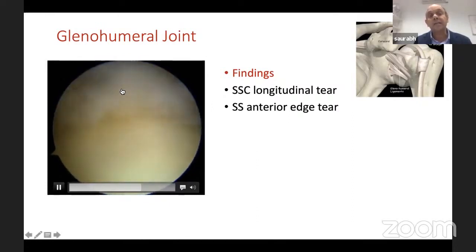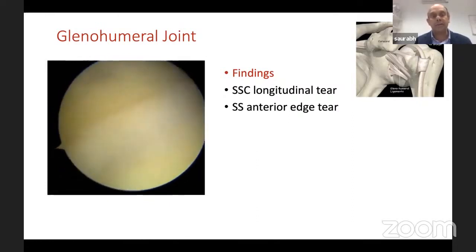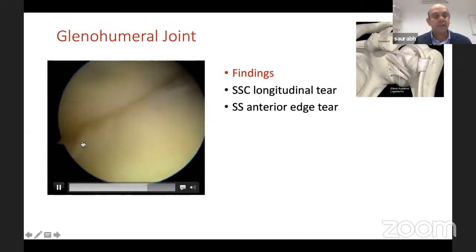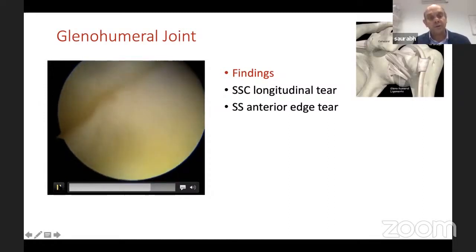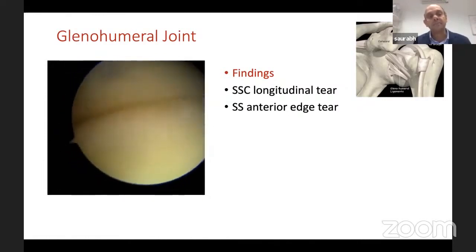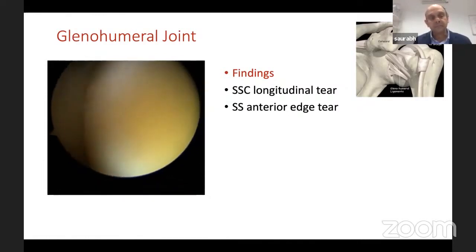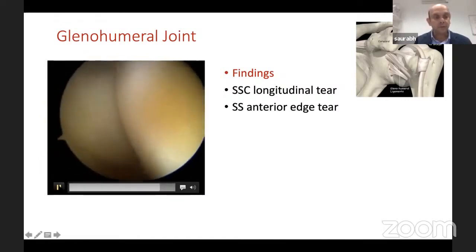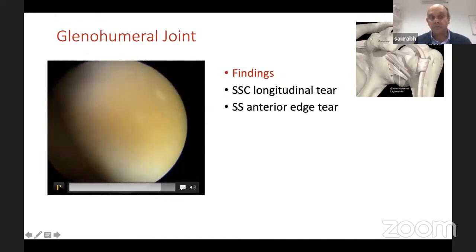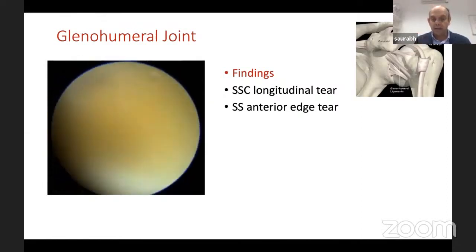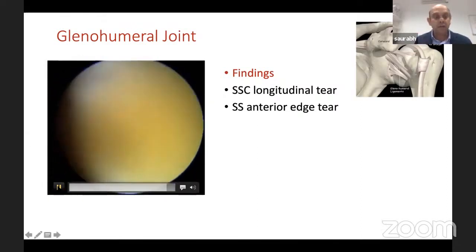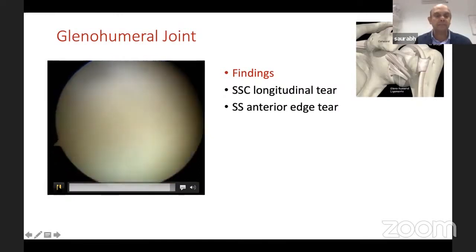And if it's a very small tear, at this stage, you can pass a needle to come out of this area. And then once you've seen it, you will go and you can see the rest of the supraspinatus is all pristine compared to the anterior edge. So we know it's an anterior edge, maybe a centimeter tear. Rest of the supra looks okay. So you need to go further postero-inferior. There, that's your infraspinatus. Looks very pristine. And you go all the way at the inferior humeral head back into the glenohumeral joint.